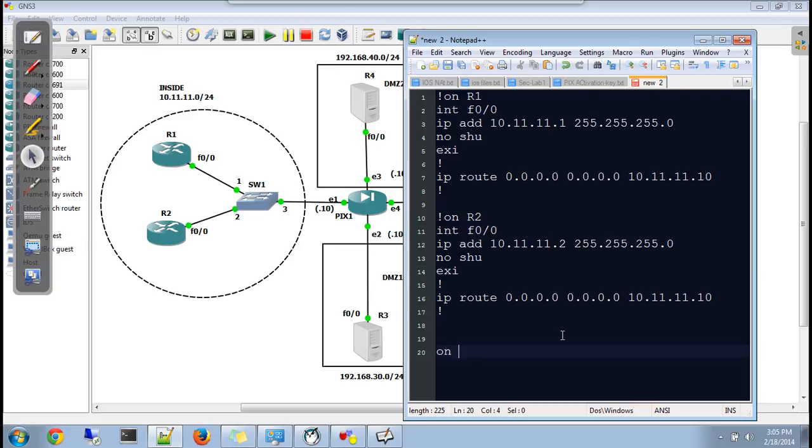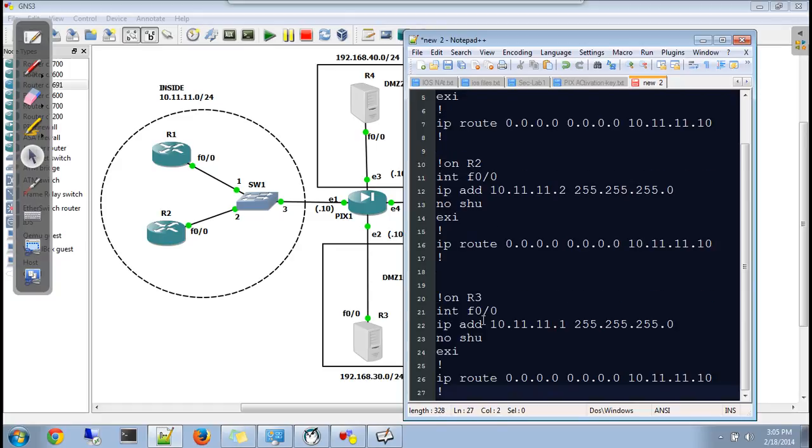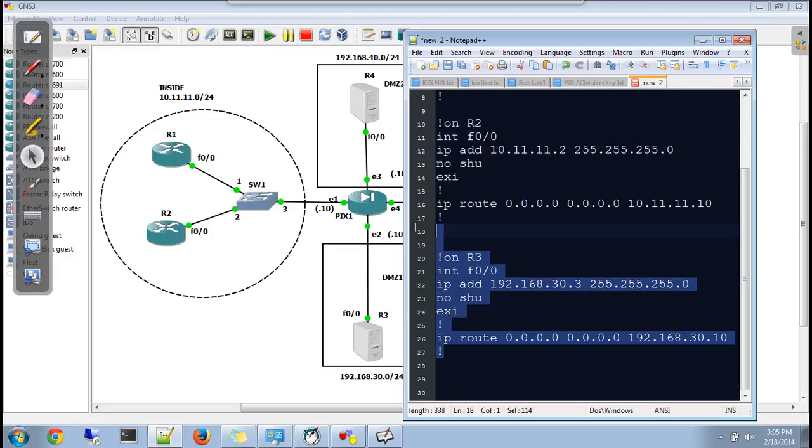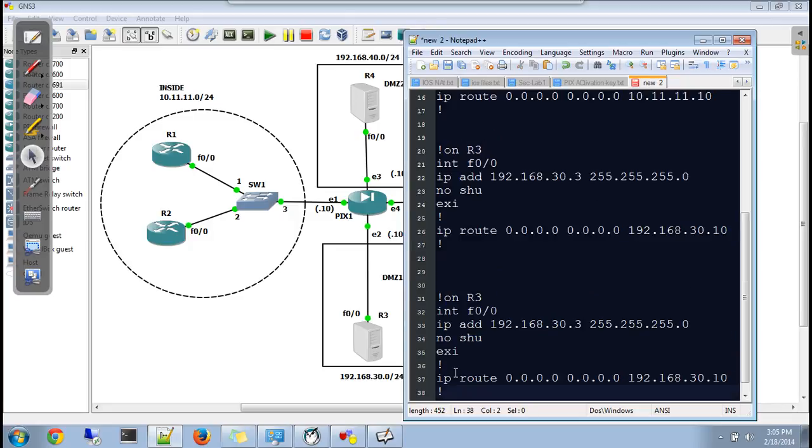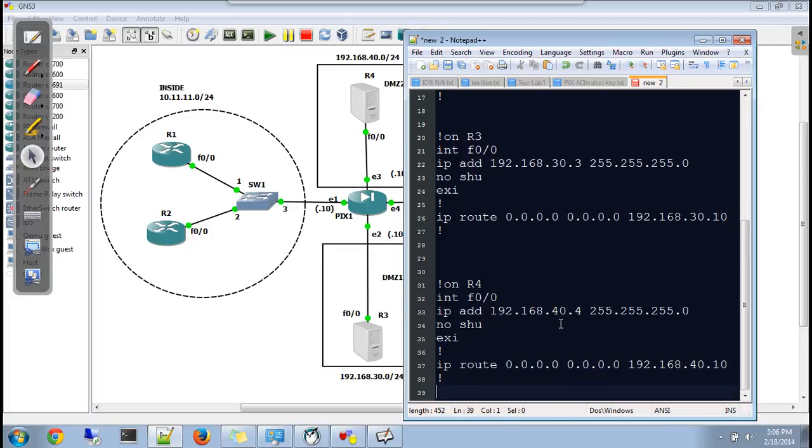Then finally on R3, interface F0/0, 192.168.30.3, and the default gateway will be 192.168.30.10. Finally, on R4, 40.4, and the default gateway will be 40.10.